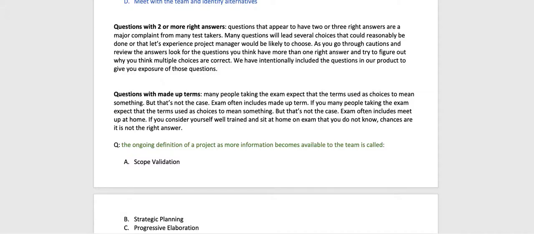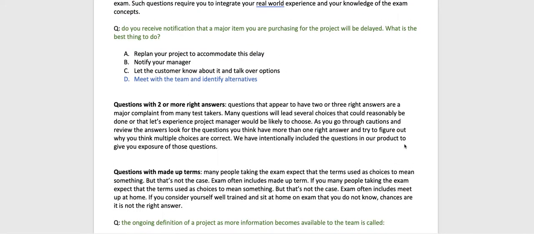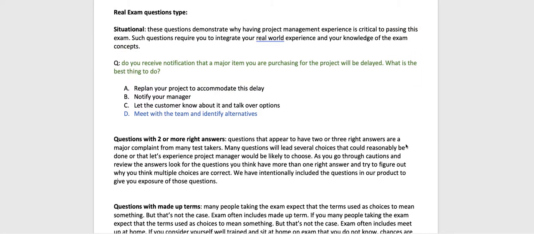Welcome back. So now we're going to talk in this topic about the variety of different questions. As I have already explained to you about the questions, the real exam question types include situational ones, where you really need to figure out how you are going to answer. As in the scenario I explained, meet with the team and identify alternatives would be the best